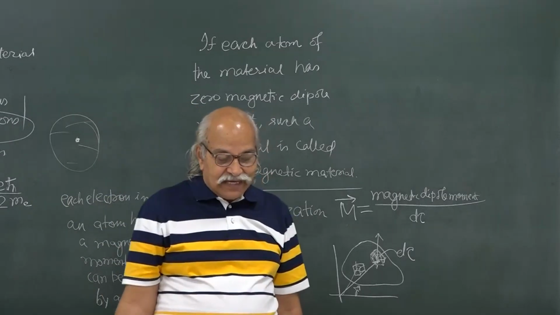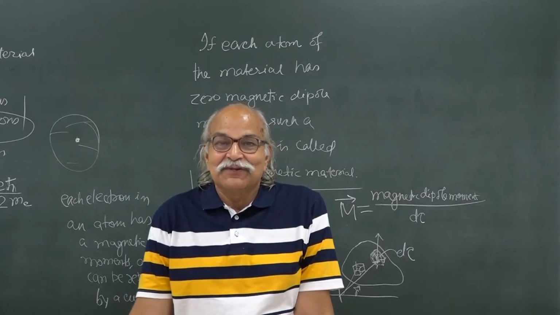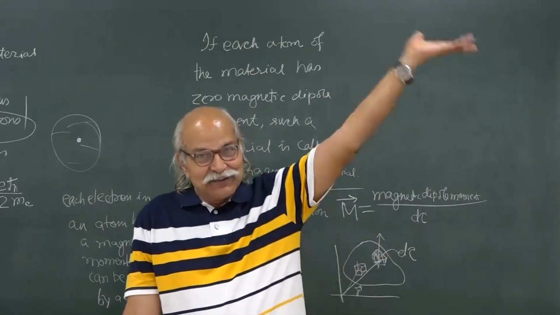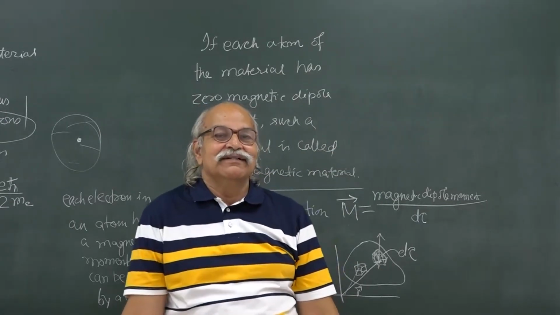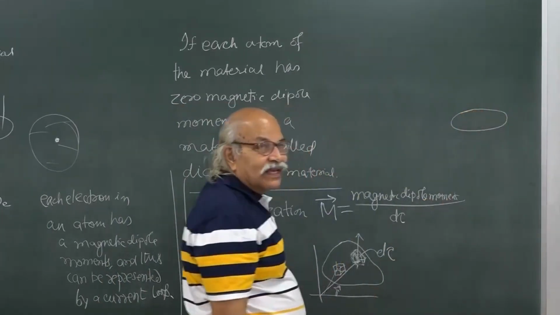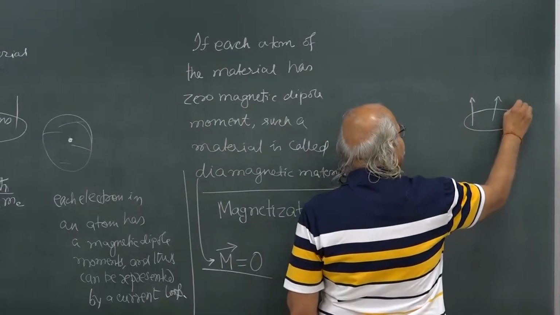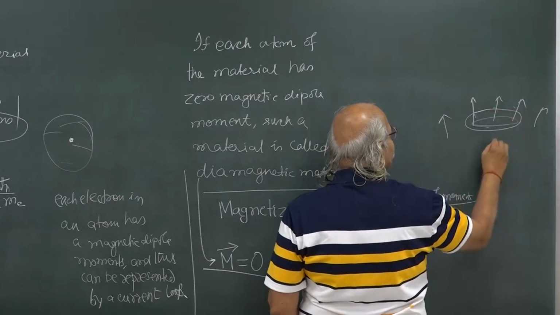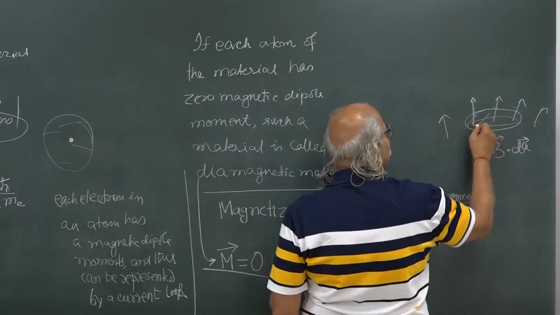So we can use our high school knowledge once again, although it is not magnetostatics, it is dynamics, Faraday's law, and maybe in the third course on classical electromagnetism we will talk more about it. But you know that if there is a loop, and the magnetic field is increased, some magnetic field is going through this, and you define the flux of this magnetic field on the area bounded by the loop,